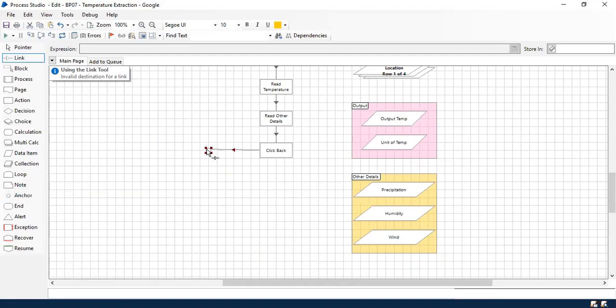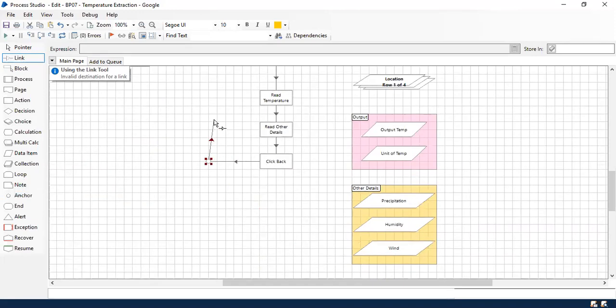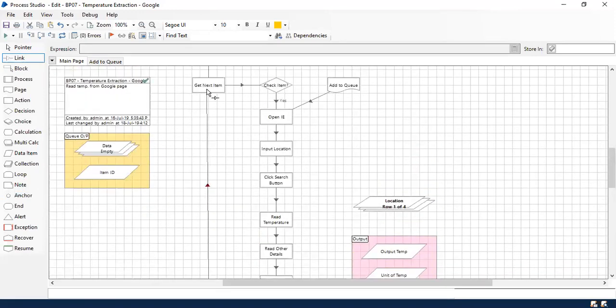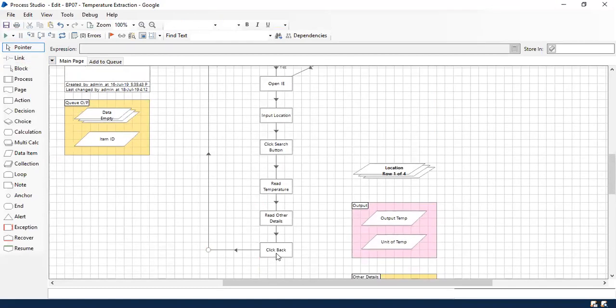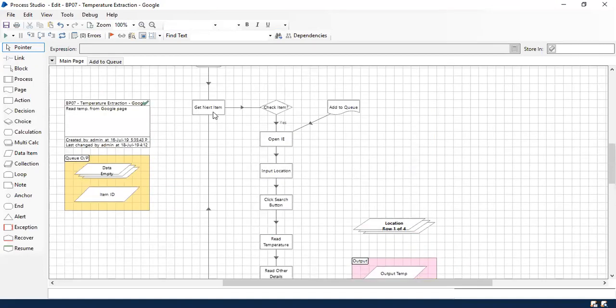The reason I connected back again to Get Next Item is that it has completed the first transaction. The loop activity is going to continue now, because after completing the last item, it's going to go and check the next item from that queue. So it is more similar to the loop which we have. After completing the first item in the loop, it's going to take the next item. That has now been replaced in the queue, because you have loaded items into the queue, and it has to process them one by one. So now this is going to run in a loop.